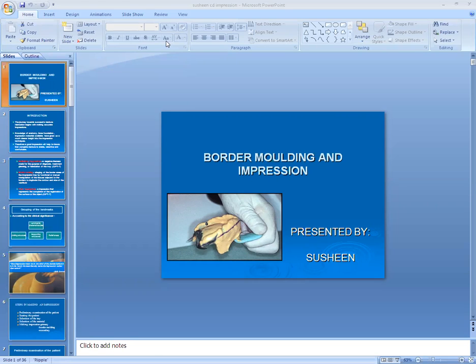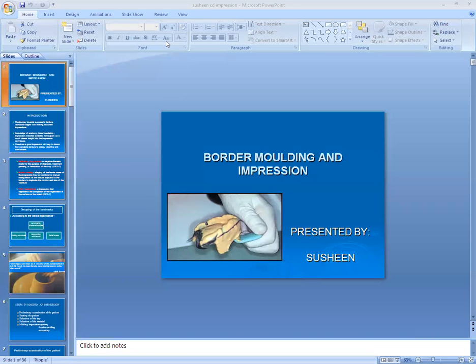But in the final border molding and impression, we are refining the primary impression, and we are making the impression within the physiological limit.